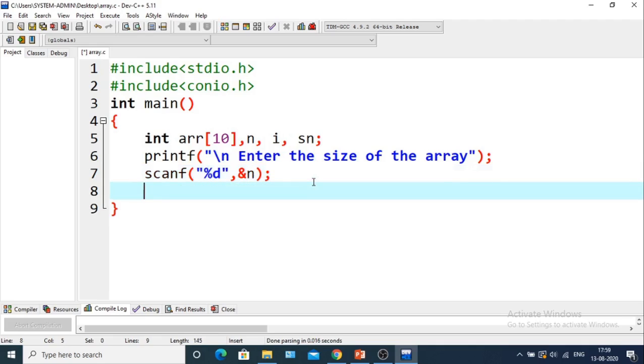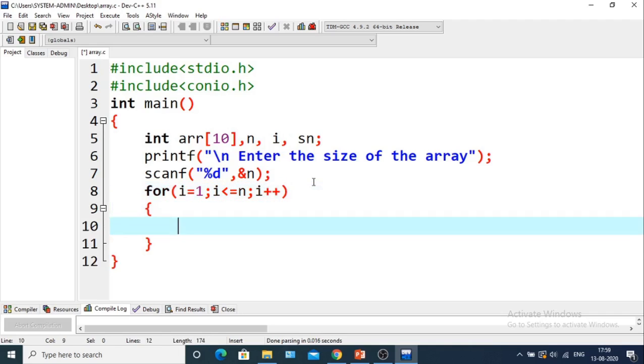Next we'll take the elements of the array. So for i equals 1, i less than or equal to n, i plus plus. Next we'll take the printf statement.